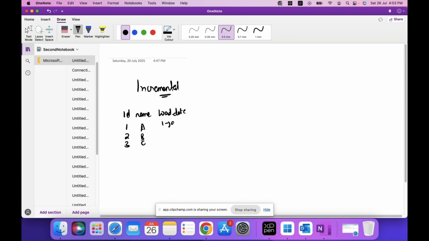So it's of 1st January record. I'm just taking an example. So we'll first time load the data into a table, and then we have our metadata table which holds the information. And also what we did, we took this column as our watermark column, load date, and for the first time